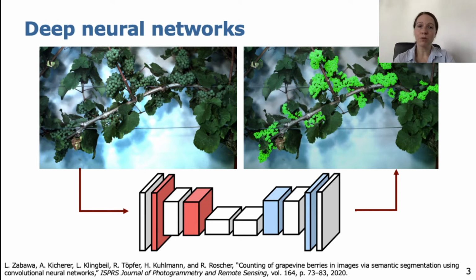And quite often when we use machine learning models, there are a few chosen characteristics which are desirable. Very often these are efficiency and accuracy. And as an example, I want to show you here a work from my group in Bonn, where we proposed a framework to detect hundreds of grapevine berries in images. And in this work, we were focusing on detecting the berries as accurately as possible, and also to do it with a very efficient framework. But sometimes this is not enough, and researchers are also interested in understanding why the framework made a specific decision.